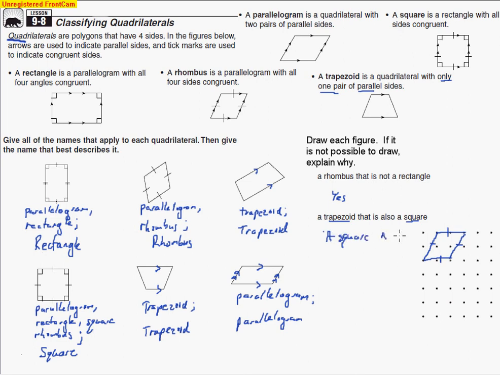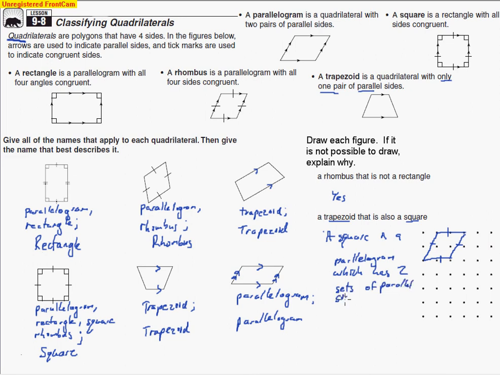is a parallelogram, so a square is a parallelogram, and notice that it's a special type of parallelogram. It's a rectangle. A rectangle has right angles, so all angles are the same, and a square is a special rectangle with all sides the same. So a square is a parallelogram which has two sets of parallel